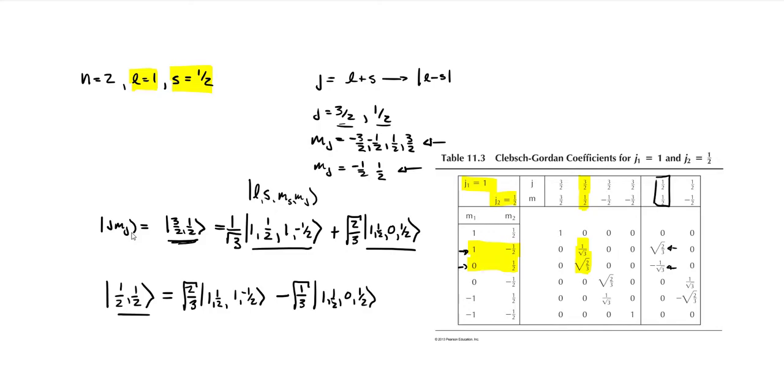So now, using my Clebsch-Gordan coefficients, I've got the coupled bases written in terms of the uncoupled bases, and now I can take that Zeeman perturbation and operate on this. Because I know how that H sub Z Hamiltonian, which again is proportional to the z components of the individual angular momenta, acts, I can figure out the action of this perturbation on this vector, because I've been able to write it in terms of eigenvectors for that operator.